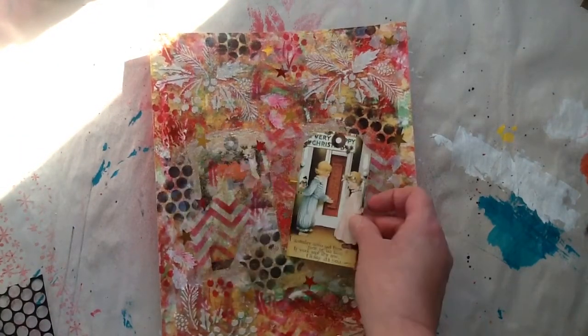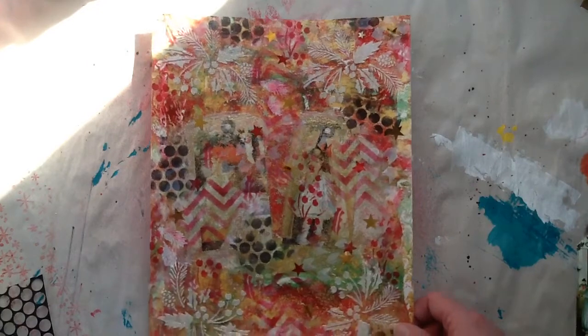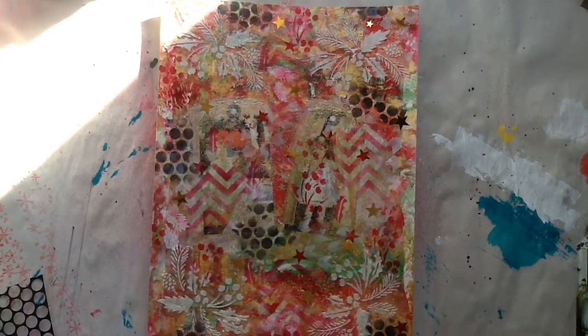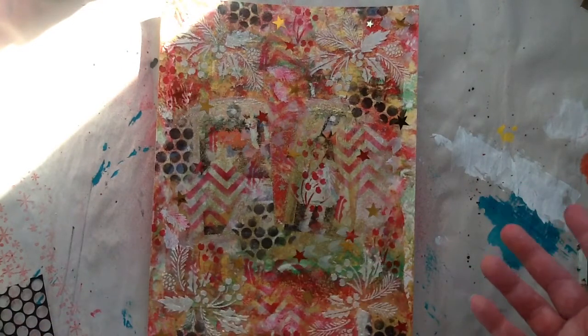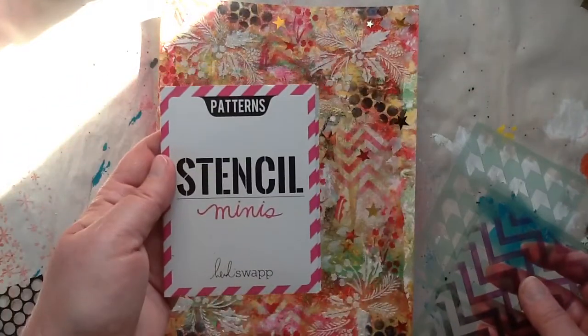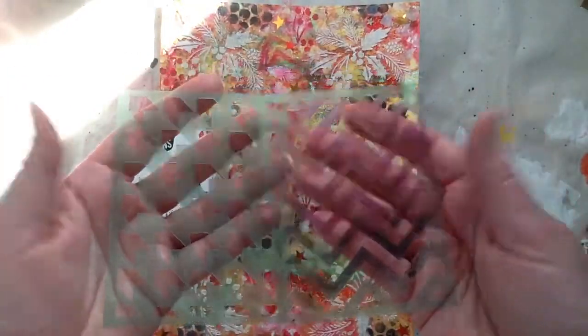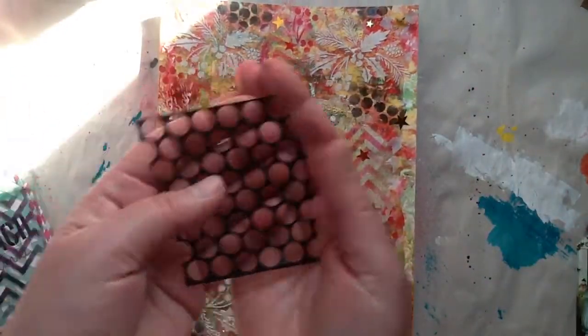So I put 2 on here. You can barely see them anymore. I made a mistake, and I'll tell you what that is in a few minutes, which kind of covered them up, but I went with it, and then I covered them up more. So I used my Heidi Swapp little stencils. I used these 2. I also used my Punchinella,